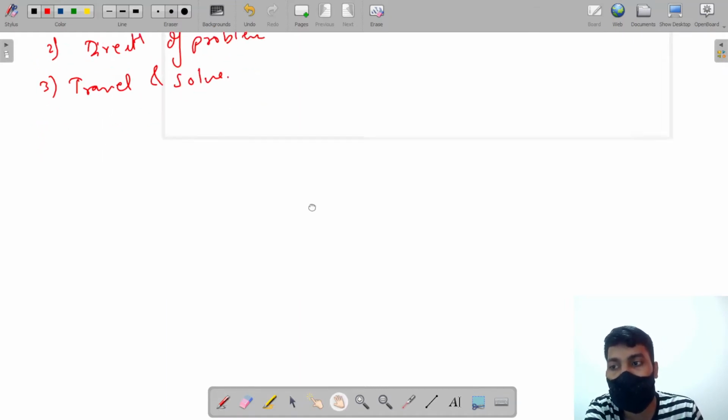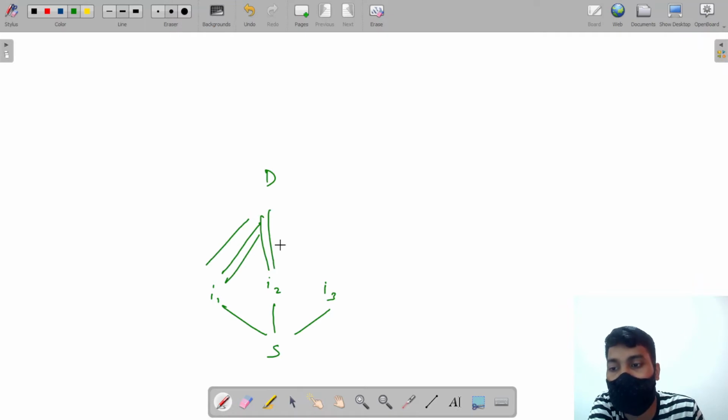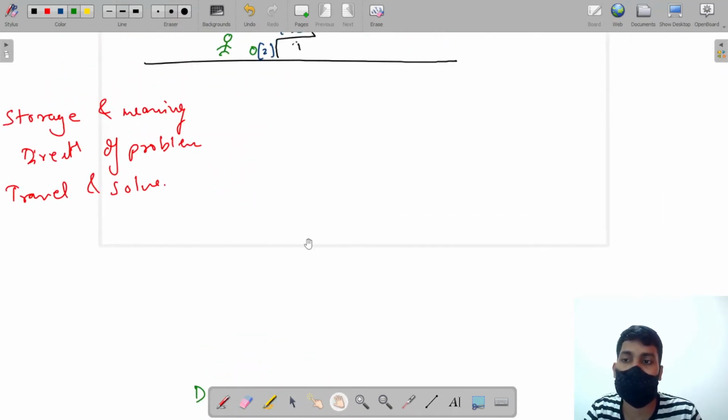This question is nothing but, can we say that if I have a source and I have to reach the destination, I take some steps, and from this I get to intermediate 1, intermediate 2, and intermediate 3, and from here there are some paths to reach the destination. So what I have to do is just add all the paths, right? This is what I have to do. We have already discussed this in the previous video also.